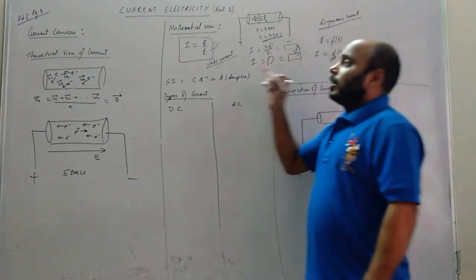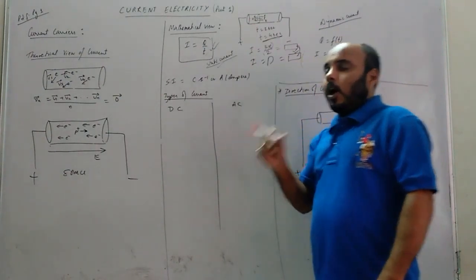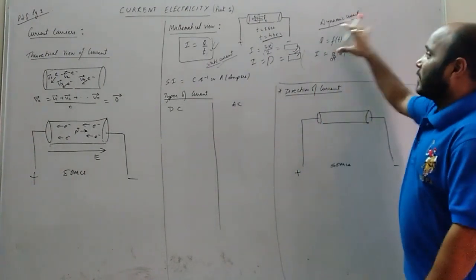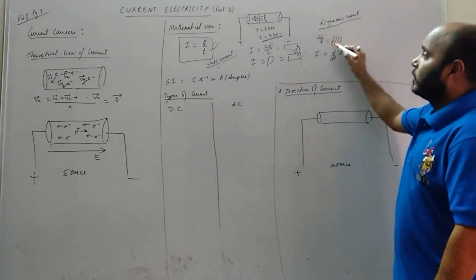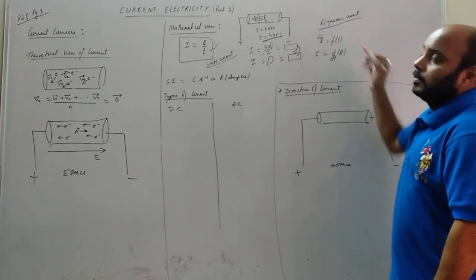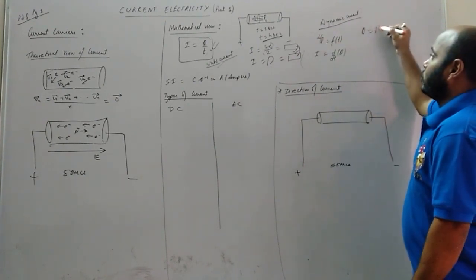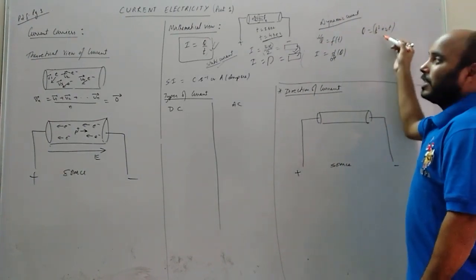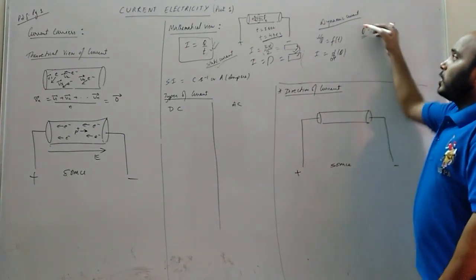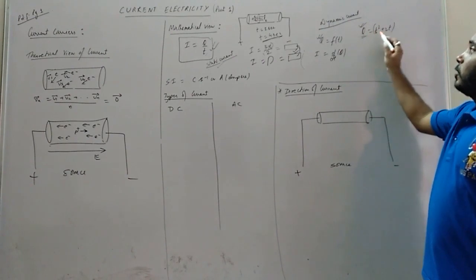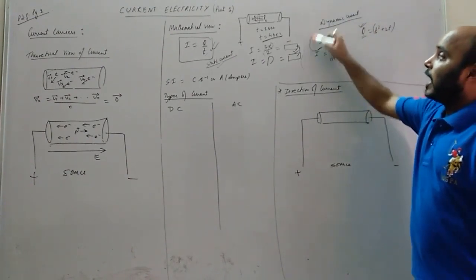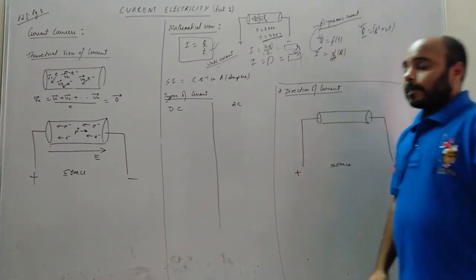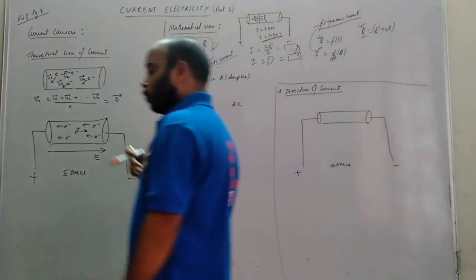In static current, Q we need to calculate is how many charges pass through a cross section in a particular time period. But in the case of dynamic current, the expression of Q will be given in terms of T. Q equals F of T. F of T मतलब क्या? ऐसा लिखा होगा Q equals T square plus 2T, for example. इसका मतलब क्या? If you substitute different values of T, you will get different values of Q. In these numericals, where the charge is given in terms of T, the current will be dynamic current. How to find it? Differentiation of charge with respect to T. Understood? How to get dynamic current and how to get static current?